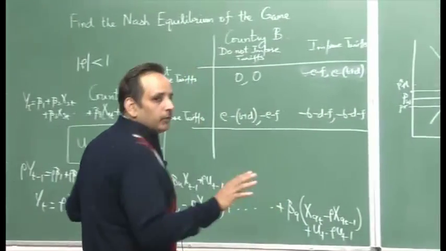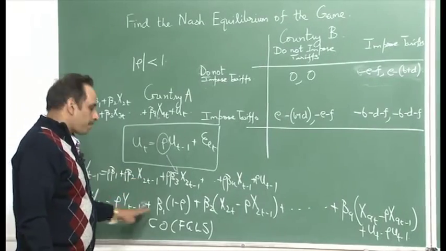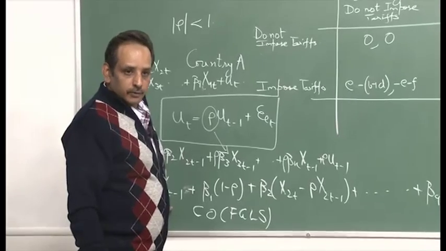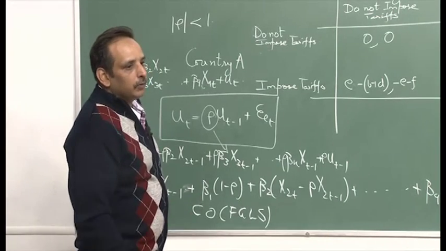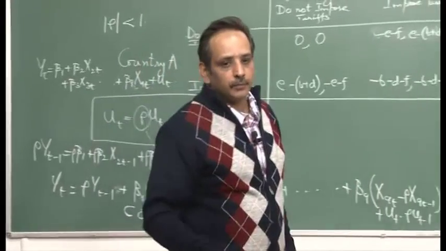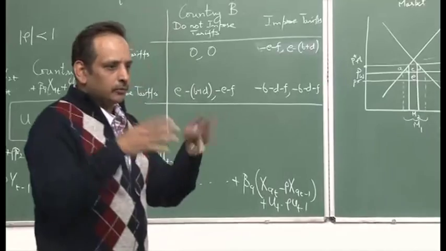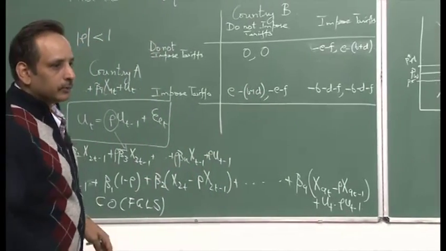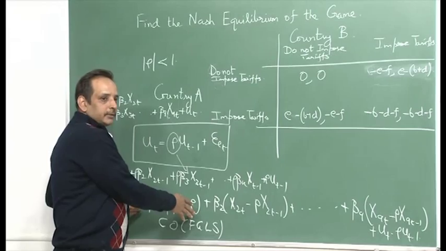So, eViews with a click of a mouse does nonlinear least squares. It was difficult in the 60s and 70s when you did not have computing, but now they already have an inbuilt algorithm, different algorithms, Gauss-Newton, Newton-Raphson and so on. There are so many algorithms going on. So, it gives the estimates.